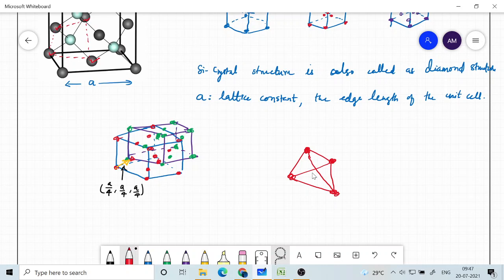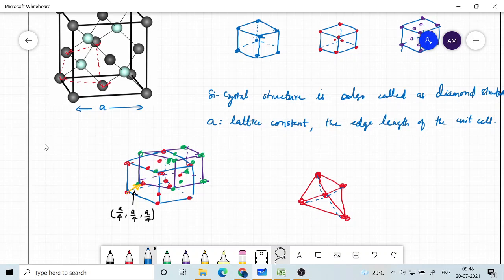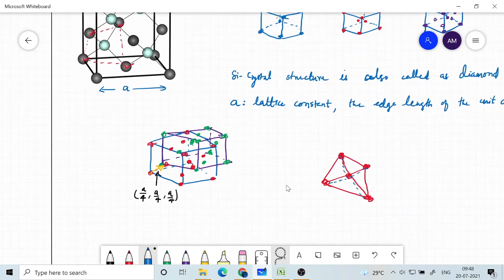Okay, now at the center of this you have another silicon atom which is making bond with each of the corners of the tetrahedron. So this is another way of looking at the silicon structure. And this thing is repeated, but you can't get to the entire structure by simply translating. You have to arrange the tetrahedron in different angles, then only you can. So that's why we talk about unit cell. Unit cell means you can just translate it and reproduce the entire crystal.